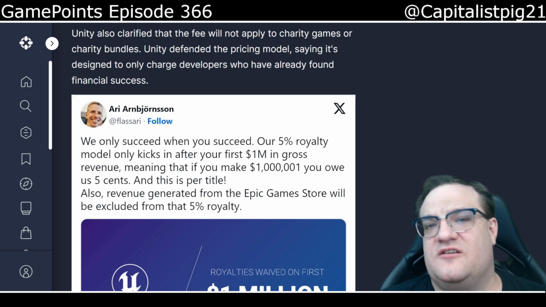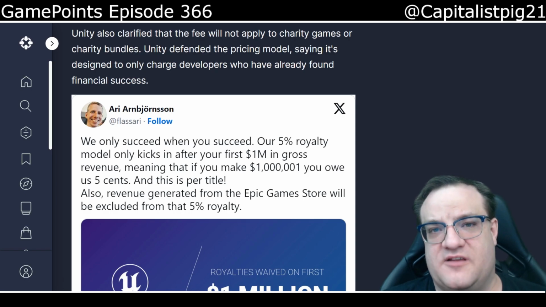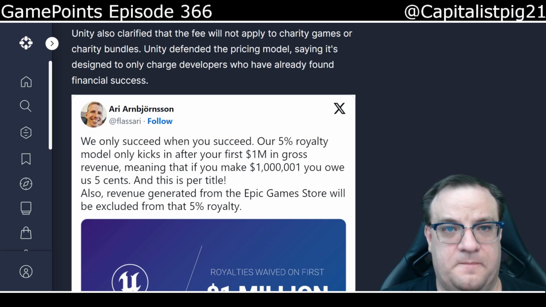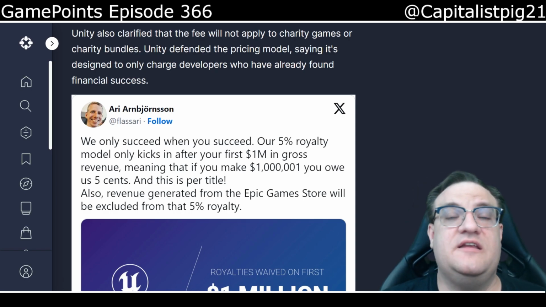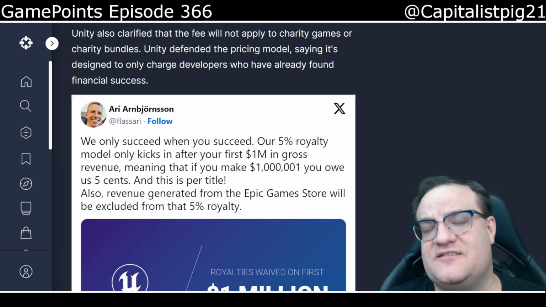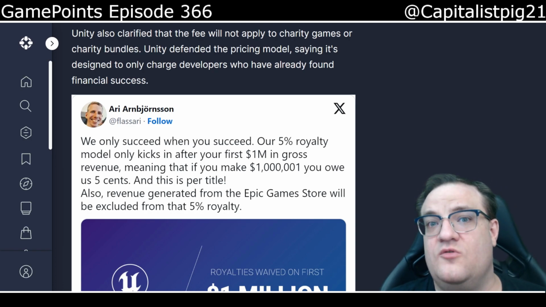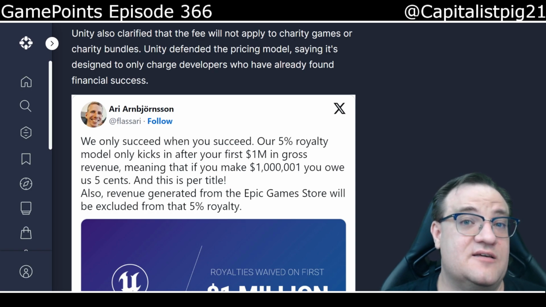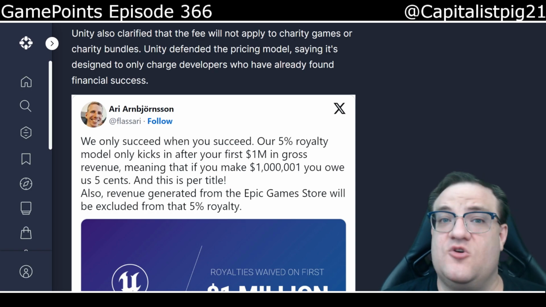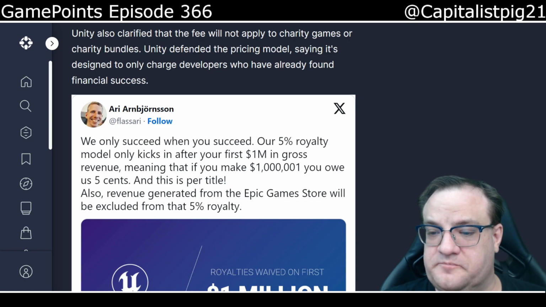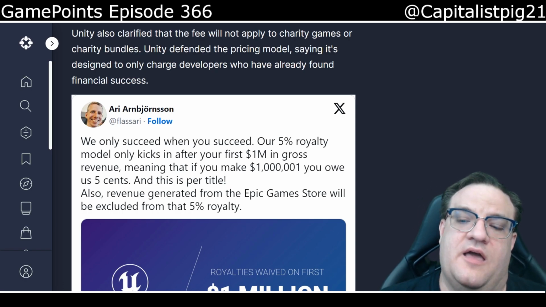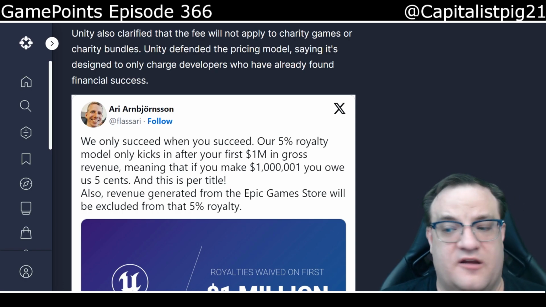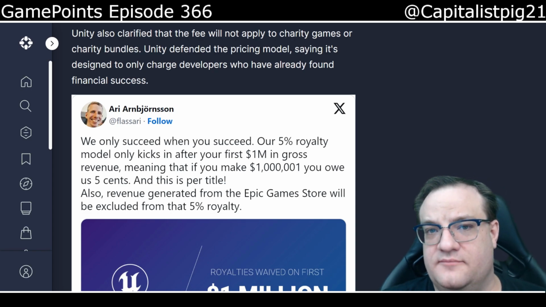You have that $1 and you sell it on Steam. Steam immediately takes 30% off the top of that, so you now have 70 cents. Someone installs it, and Unity then takes 20 cents of that. So that 70 cents is now down to 50 cents. So you're only getting half of what you actually sold because two other companies have already taken their cut. And then you have to deal with taxes and all that other associated shit, dev costs, whatever. And that's only one install.